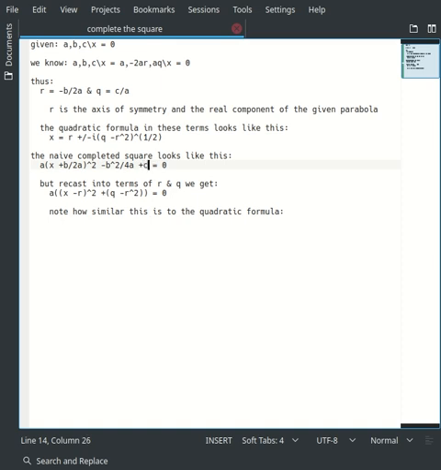That gives us a times q, and then we can factor an a out and put that inside there. We get a times b squared on 4a squared, and now we get r squared, but we want a negative of that, so we get q minus r squared as a term here, which notice